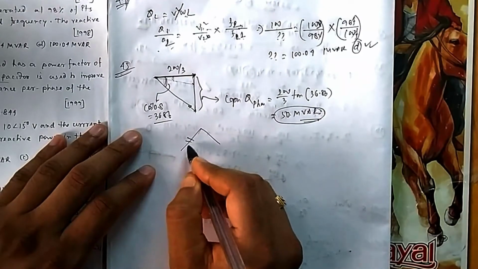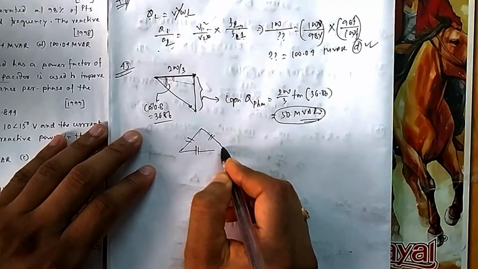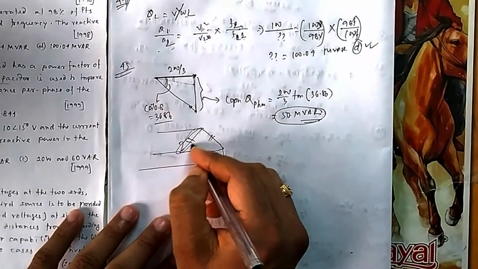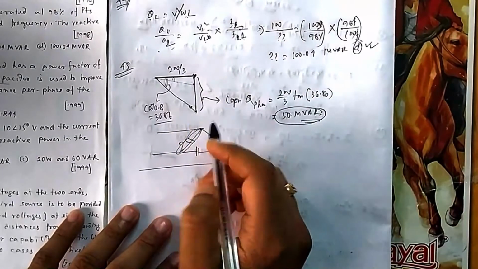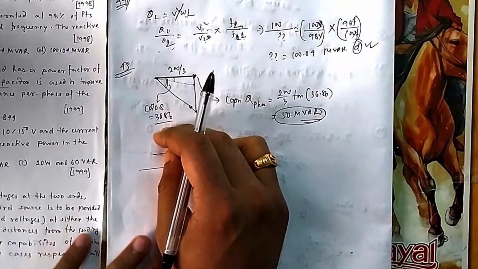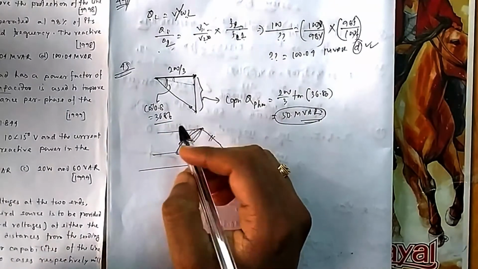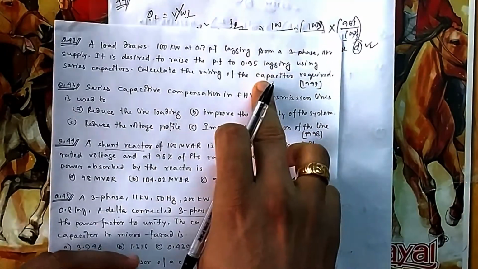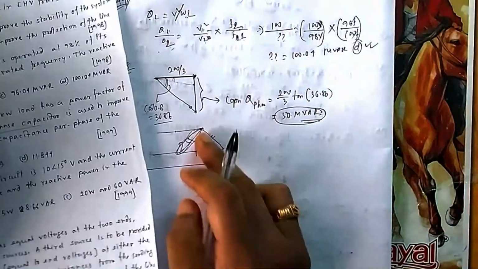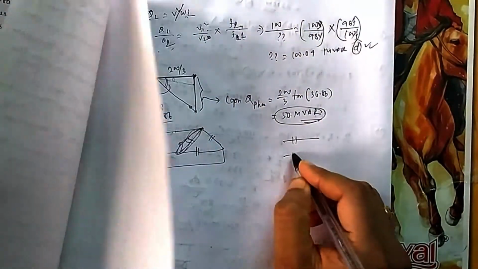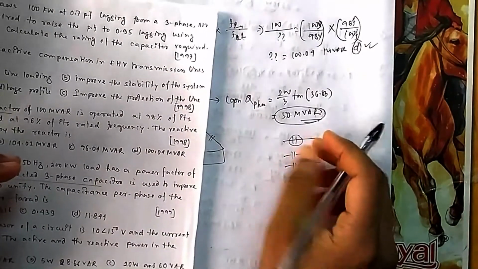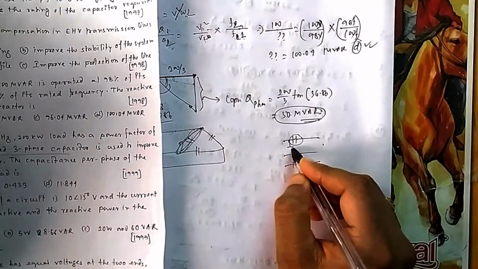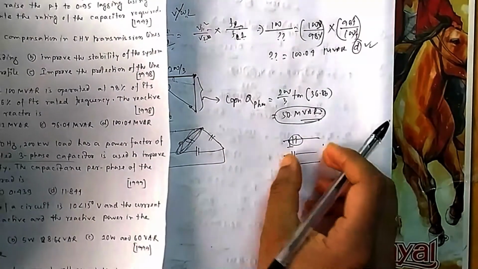Now you see the capacitors. How are you connecting the capacitor? You will be connecting this capacitor in delta. So this is the per phase Q, and in each phase this much Q is absorbed. How much voltage is it getting? It is getting the full line voltage here, not 11 by root 3. In the earlier case, the first question, we connected one capacitor per phase, which was different from this. In that one, the capacitor was getting only the phase voltage, because of the way it was connected, between this point and this point.